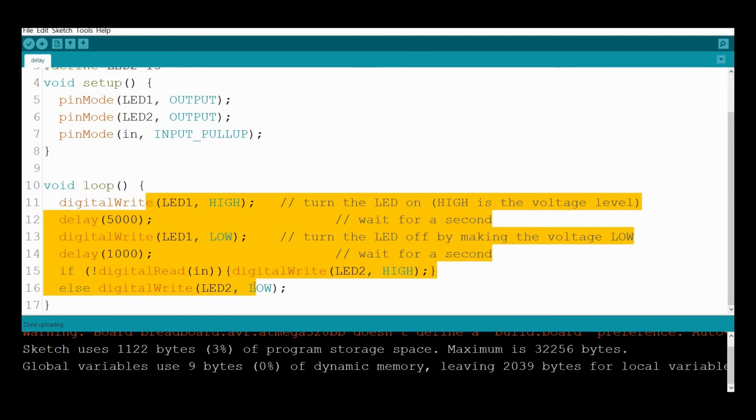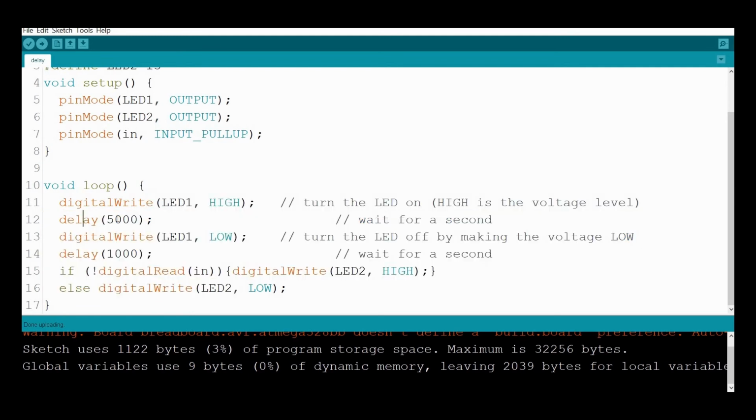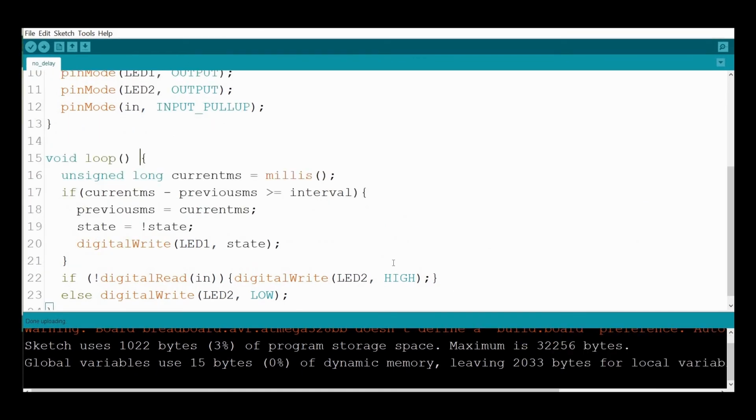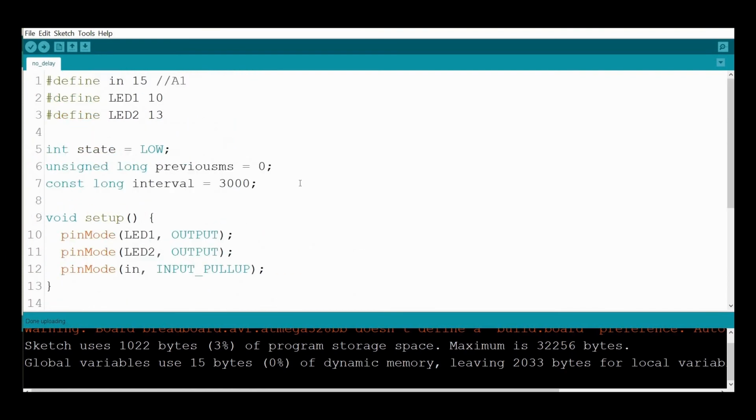which faces this problem called delay blockage. So therefore, using delay in the coding is really not a suggested method. So I have written a new function to solve this issue. Okay, same also, I'm using the same pin out, pin number 15 for the button,